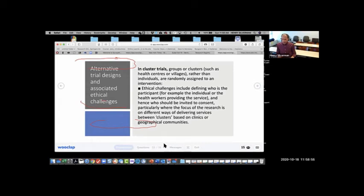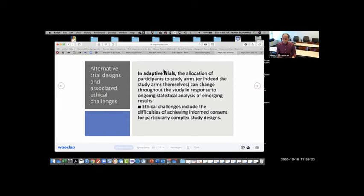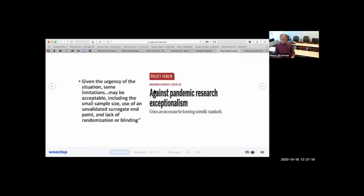Now there are other types of novel designs. There are cluster trials, where you do studies in villages or communities, and the issue is with informed consent. In some cluster trials, you don't have the opportunity to get informed consent, and then we have the adaptive trials as well. In this article here, Against Pandemic Research Exceptionalism,